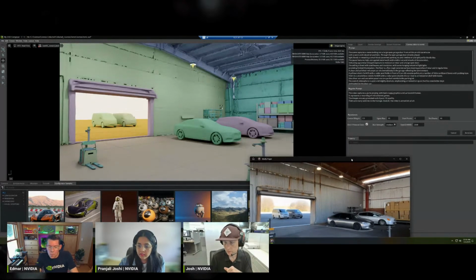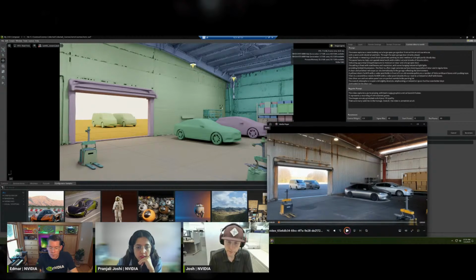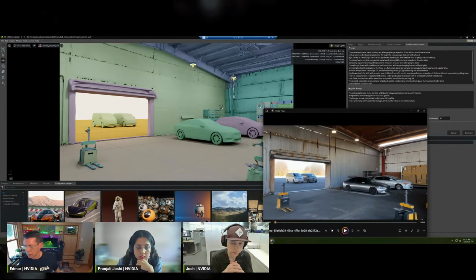And so, yeah, we just have some other negative prompts and various parameters, which ultimately, without going into too much detail, and again, we're iterating through these as we work, are really just helping the model understand how to transform the input video and output a realistic result, and how much freedom it has, and whether or not it should be listening to the color information that's presented versus just the canny edges. And so yeah, all of that's there in Omniverse, and we can't wait for people to get their hands on it and play with it.